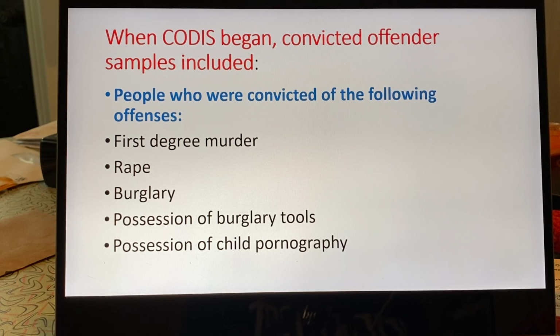When CODIS began, the only people that had to give up samples were people who were convicted of the following crimes: first-degree murder. Now notice, not second degree. Rape, sexual assault, burglary, possession of burglary tools, or possession of child pornography. Now all of those are important. However,